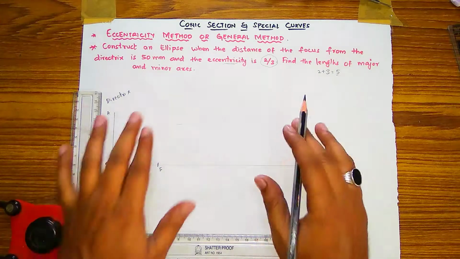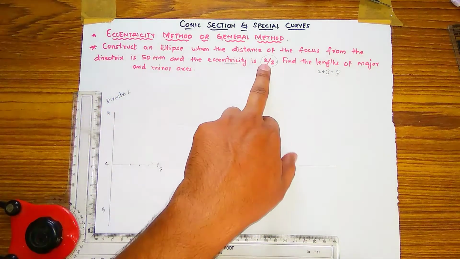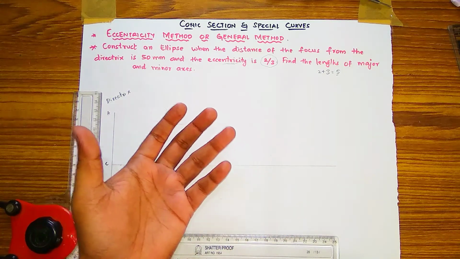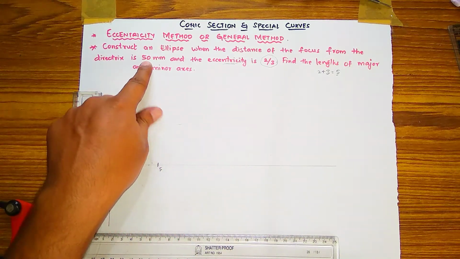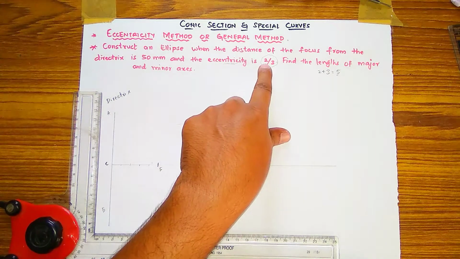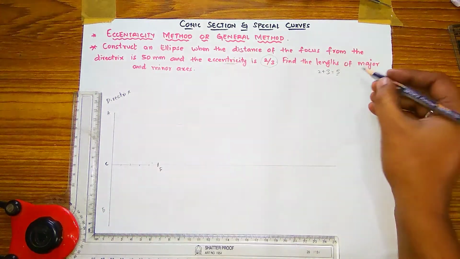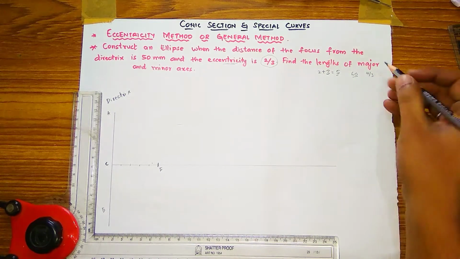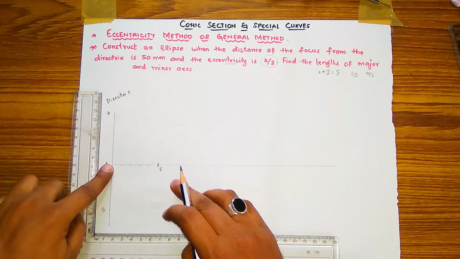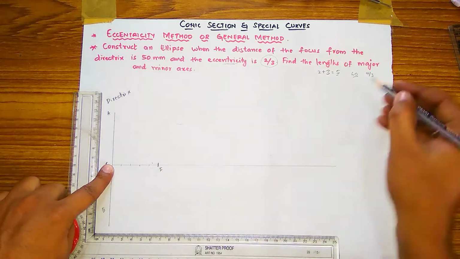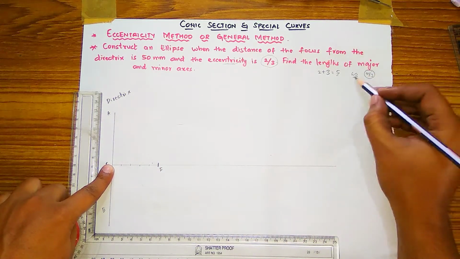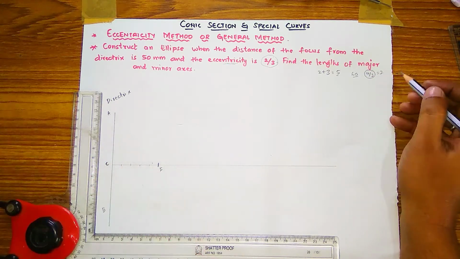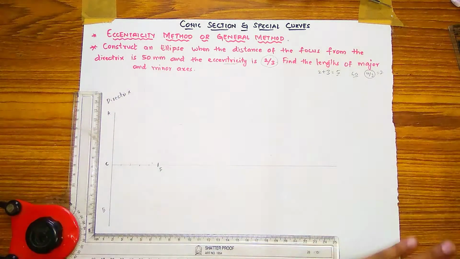In this question, for 50 mm the eccentricity is 2 by 3. For example, in another question if the dimension changes, like 60 mm and eccentricity 4 by 3, then you have to take the distance from directrix to focus as 60 mm and divide it by 4 plus 3, which is 7. Means you have to divide the 60 into 7 equal parts. Like that you have to do for different dimensions.